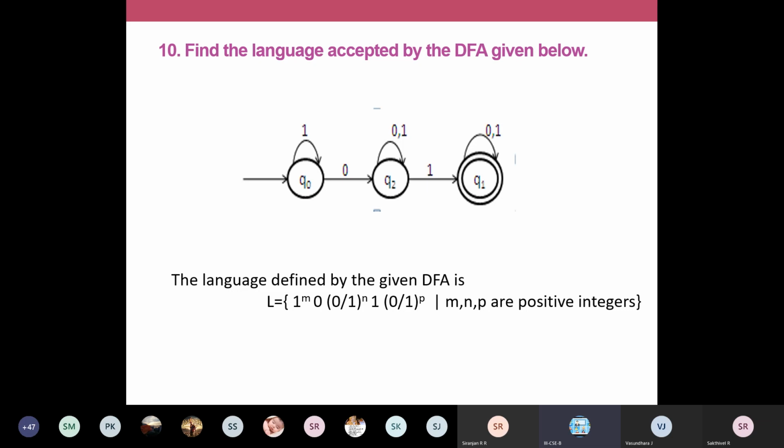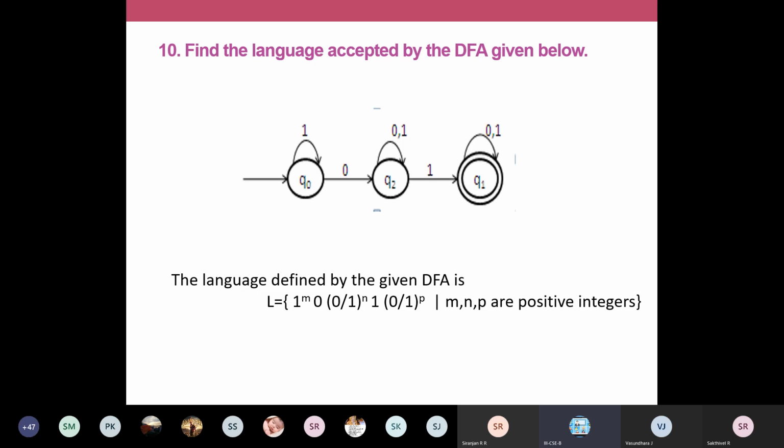Either some hint is, you can think like whether this diagram accepts strings beginning with a particular pattern or ending with a particular pattern. Or another way is you can think like whether it has even number of zeros or odd number of zeros, or whether the number of zeros is lesser than number of ones, like that. These are some possibilities how you can analyze a diagram. You have to count the number of zeros or count the number of ones, or you can see whether it is beginning with a particular pattern or ending with a particular pattern, or whether it is a substring, like that you can analyze. Okay, so diagram, how can we write the language?